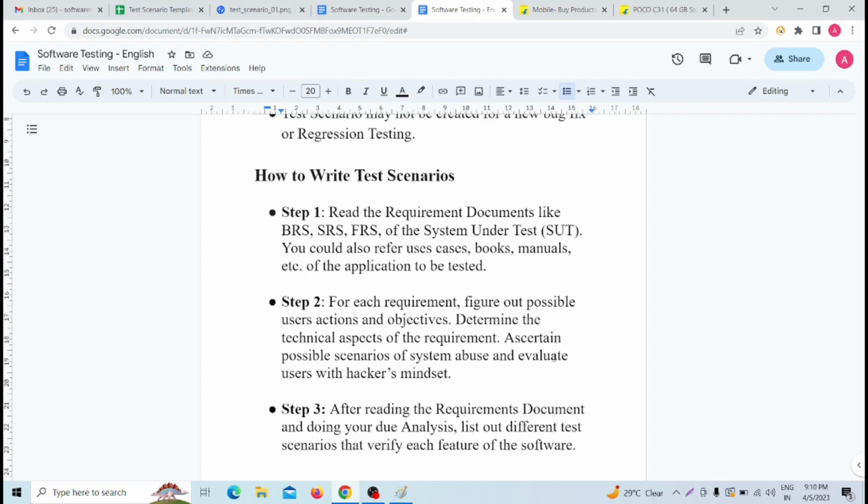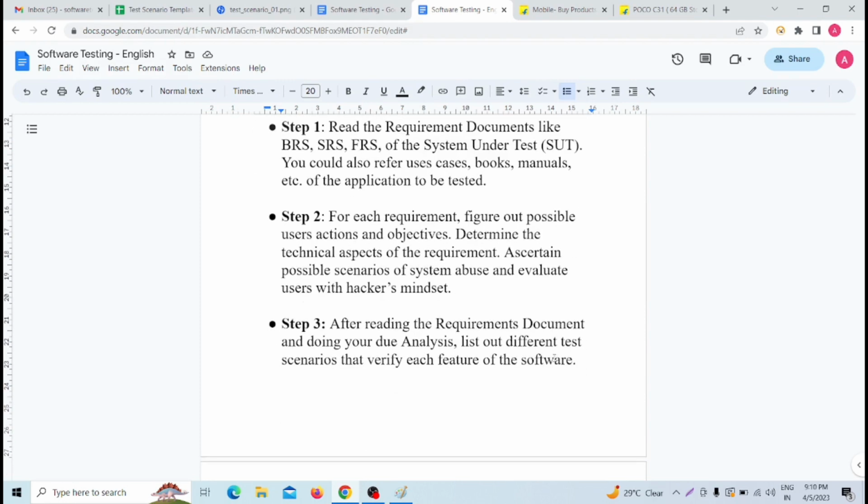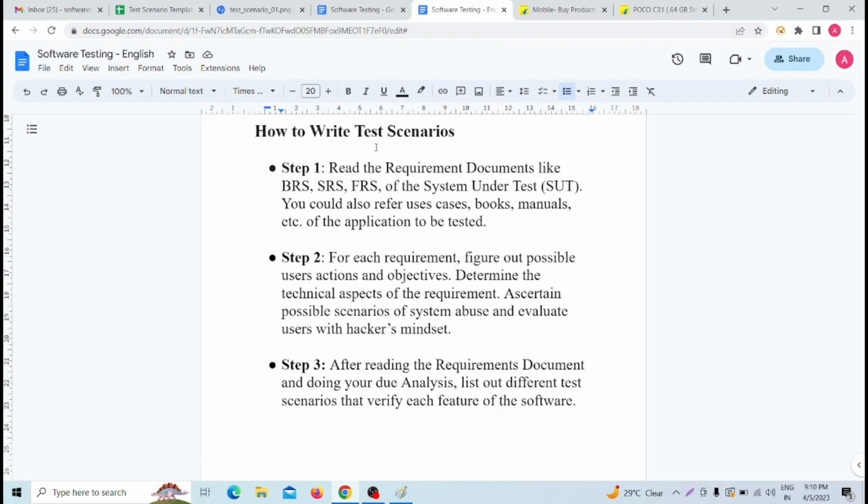Okay, so for each requirement, we have to figure out the possible user actions and objectives. Also, we have to determine the technical aspects of the requirement. Now, step number 3, after reading the requirement document, the BRS, SRS or FRS, and doing your